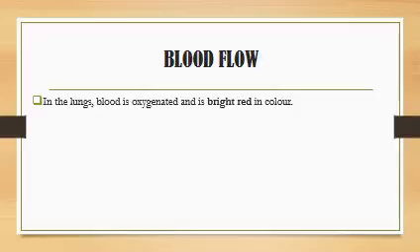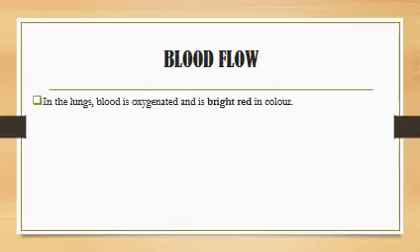In the lungs, blood is oxygenated and is blood red in color. After reaching the lungs, the blood will leave the carbon dioxide there. Remember, this blood had a high concentration of carbon dioxide. So carbon dioxide will be diffusing from the blood into the alveolar spaces of the lungs, while the oxygen will be diffusing from the alveolar spaces into the blood. So there will be an exchange of gases in the alveolus. Carbon dioxide is taken out of the blood, and oxygen diffuses into the blood.